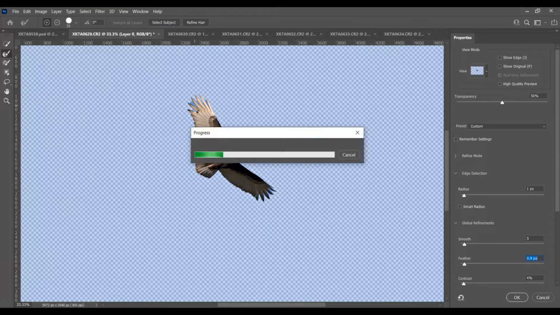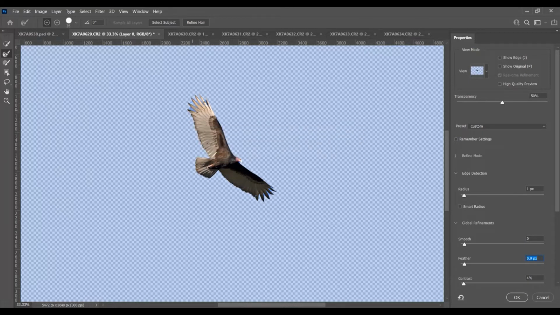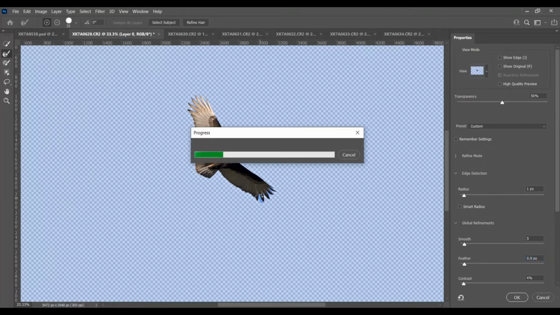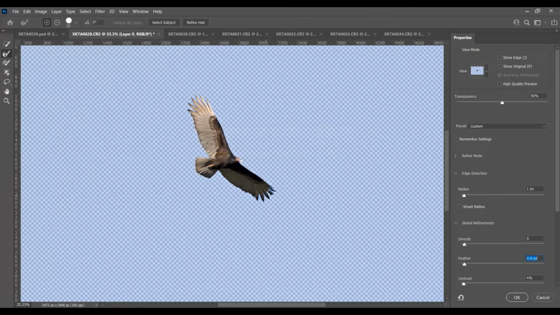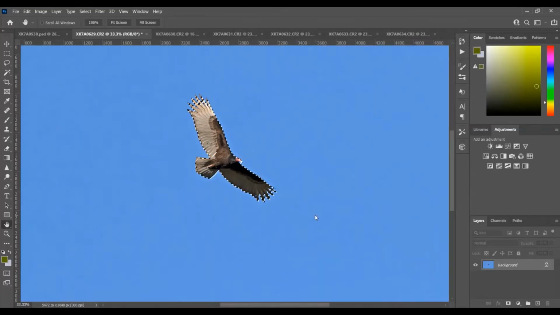When we do it for the final image, we should do it a little more carefully so that the details will be seen clearly. These are the primaries. I'm just cleaning a little bit. So it's done. I'm saying okay. Now this image is selected.